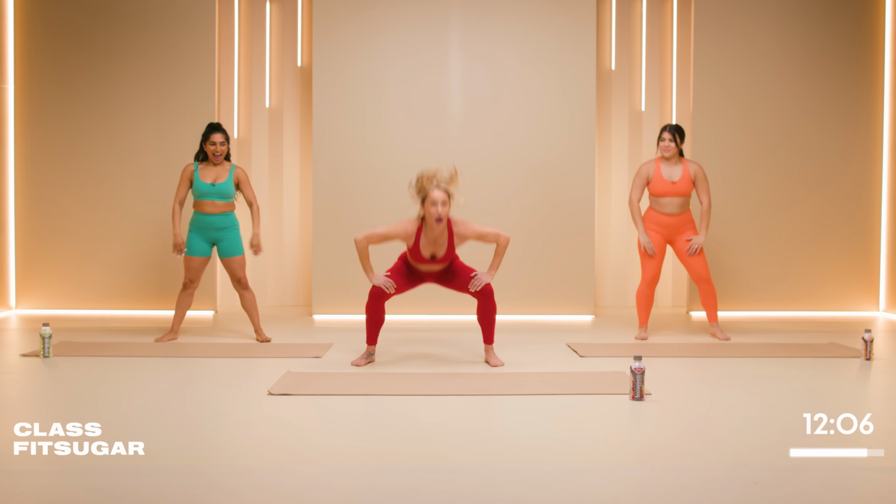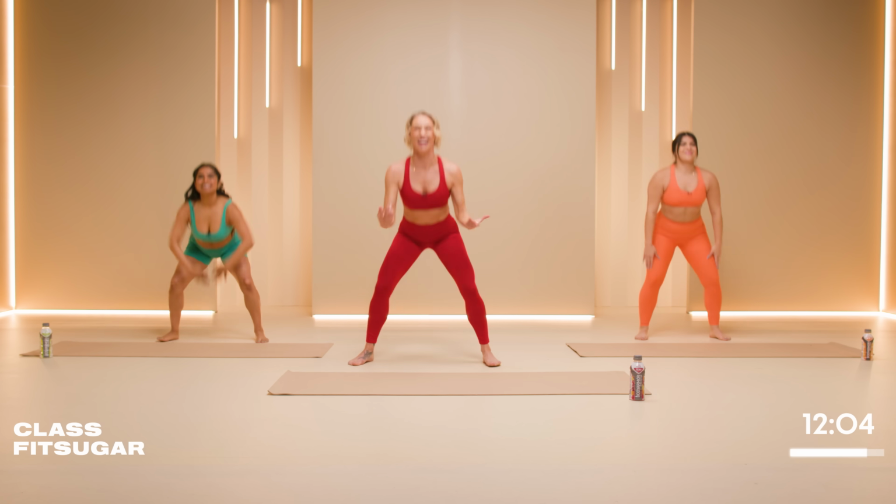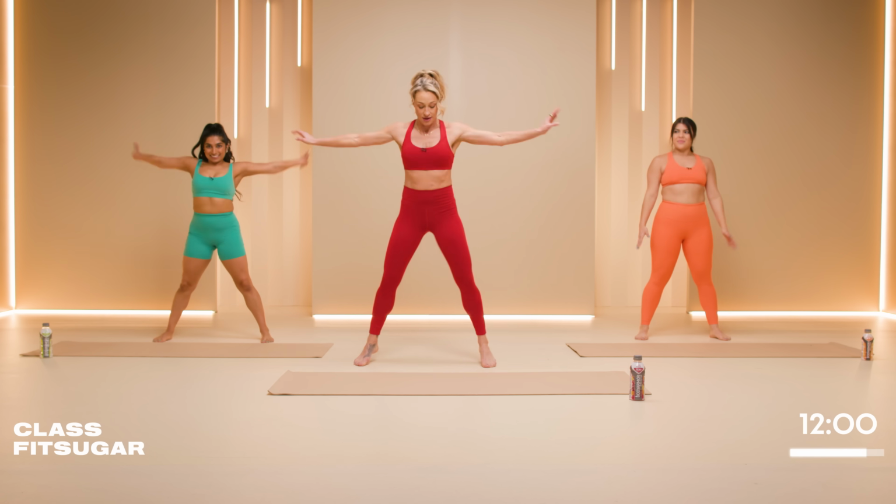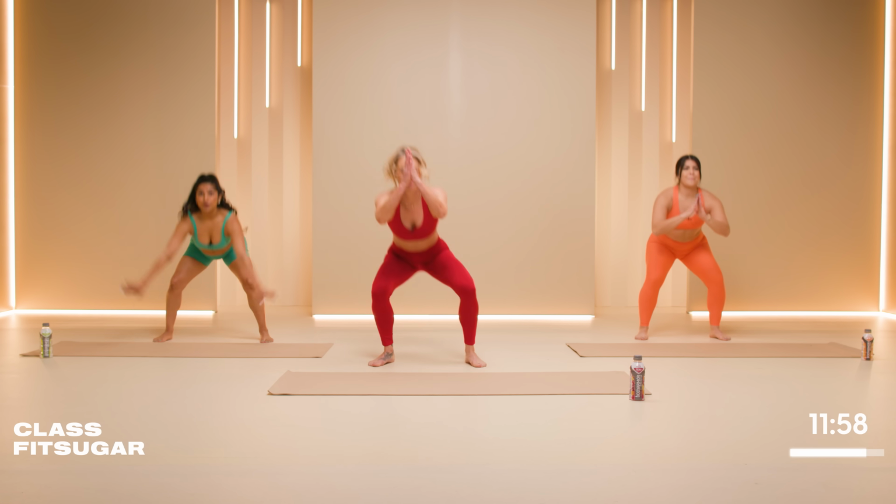Step wide. Drop down. Now make the range really big. Driving your hips back. The weight is in your heels. And forward. Option. You can add some knee lifts 4 times. 2,